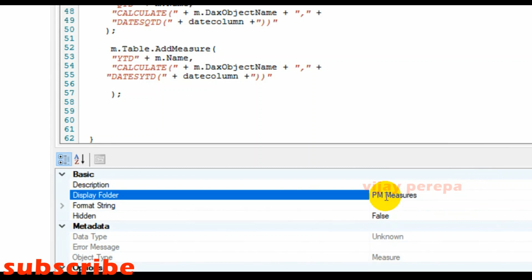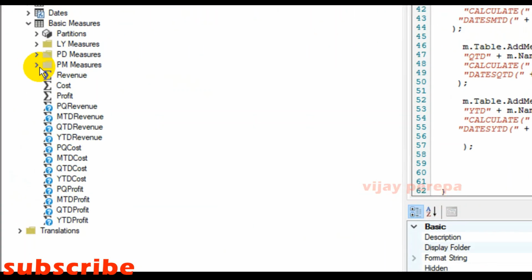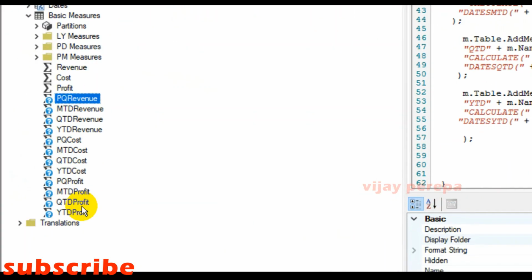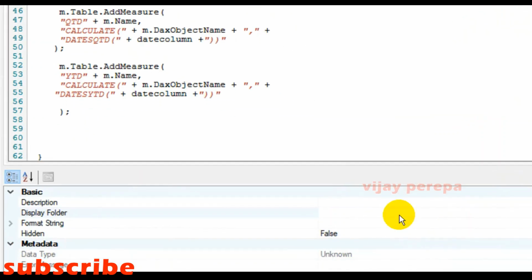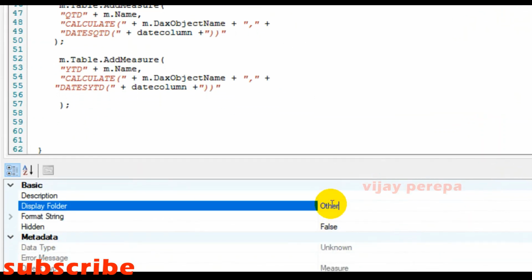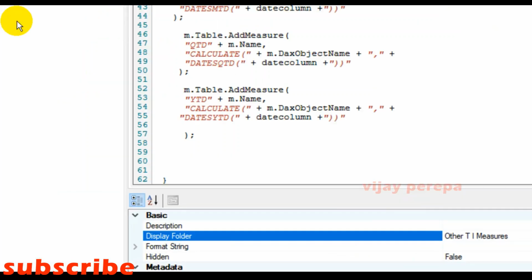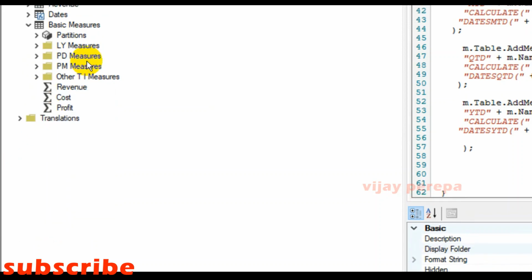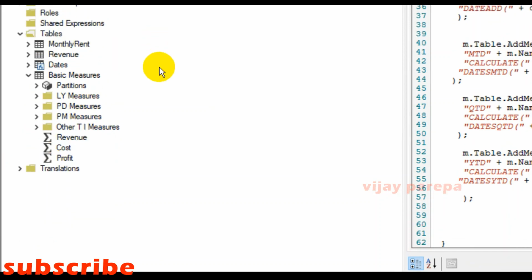The naming conventions, whatever you want to follow, you can follow. Likewise, the remaining ones I want to just keep in a different folder, other time intelligence measures. Now all measures are sitting in different folders.